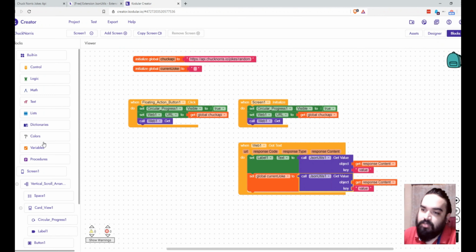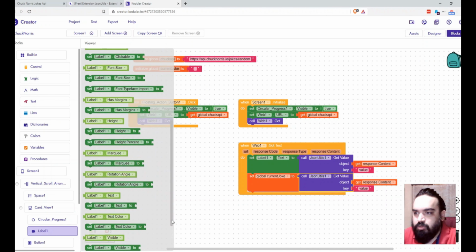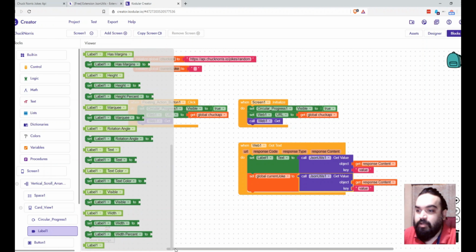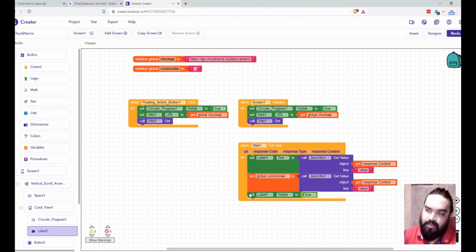So what we will do is just click on label. We will do set label dot visibility or visible to true. So set label dot, just find set label dot visible. Now we need to add true to this. So make sure you attach it to that, and I'm just duplicating this. You can find true in the logic block, and then after this we have to set visibility of the loader as false.